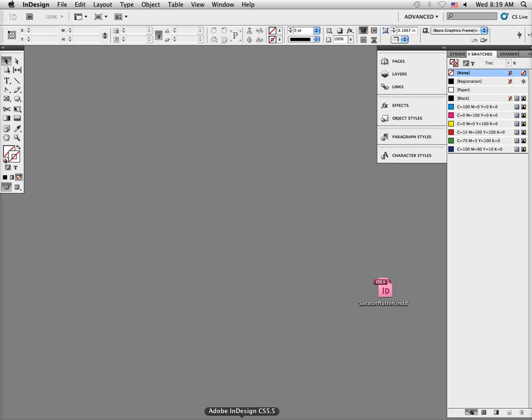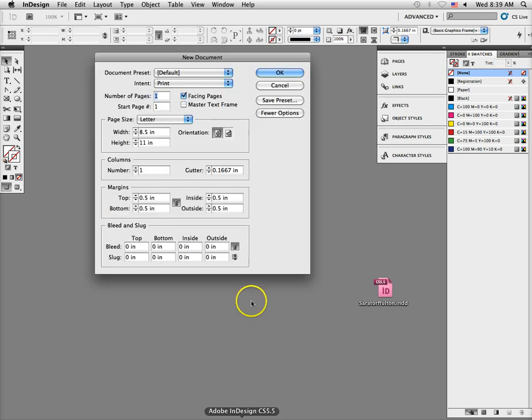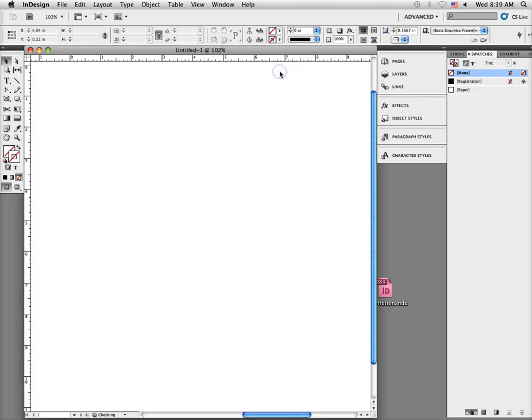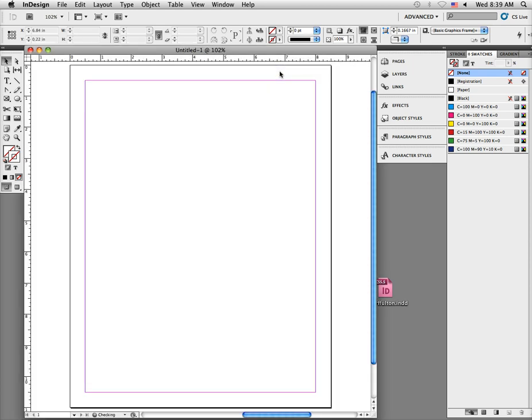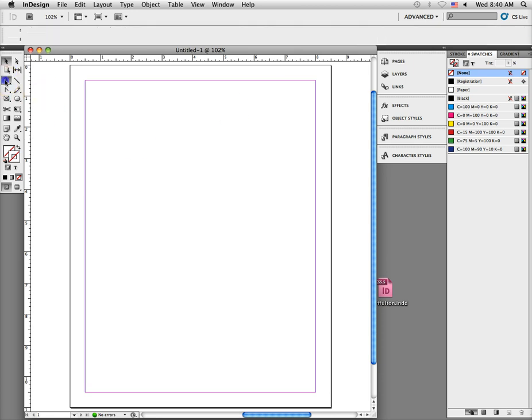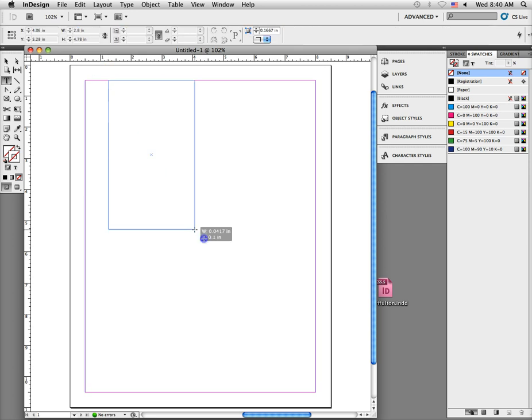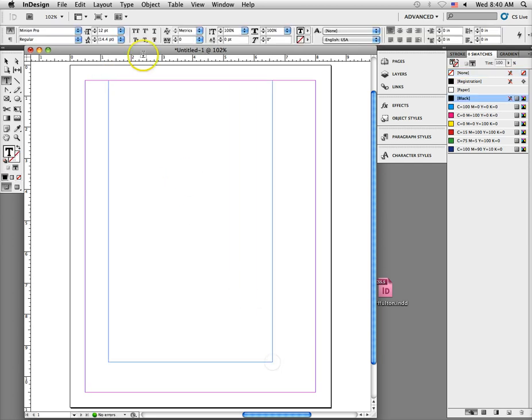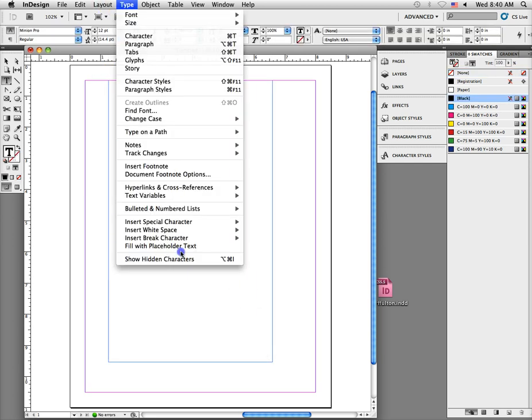But for starters, let me just show you the concept of paragraph style sheets. So I'm just going to make a new page in InDesign. And on Monday, for those of you who weren't here, we went over master pages and bookleting again. Paragraph style sheets is very simply this. It deals with text. And if I fill this right now with placeholder text,